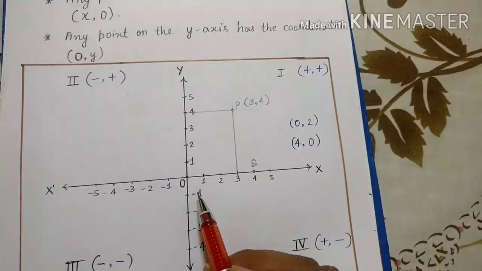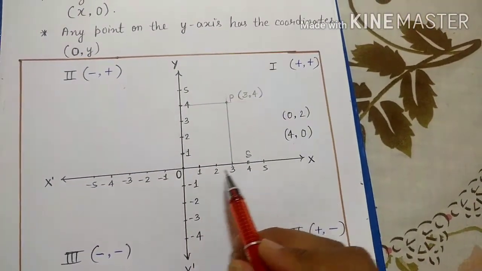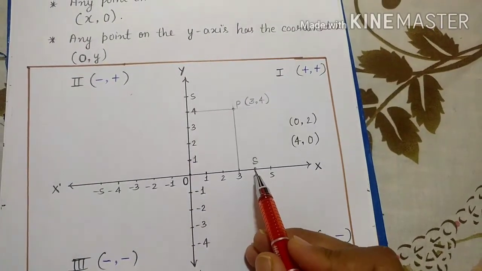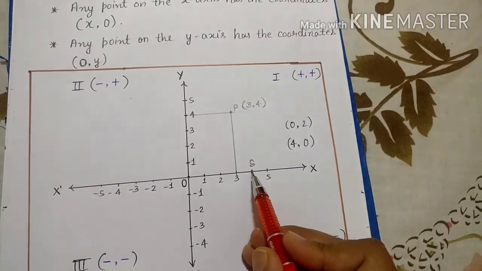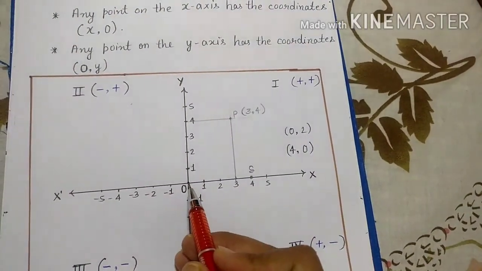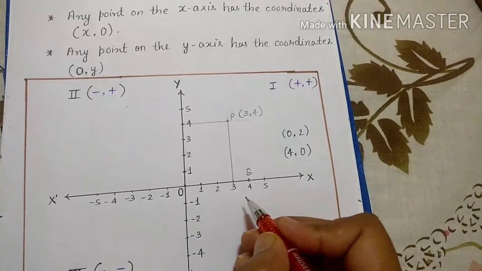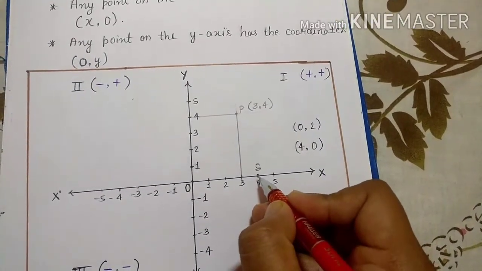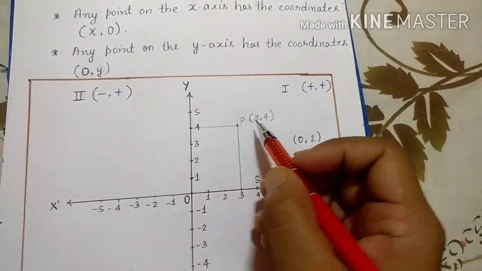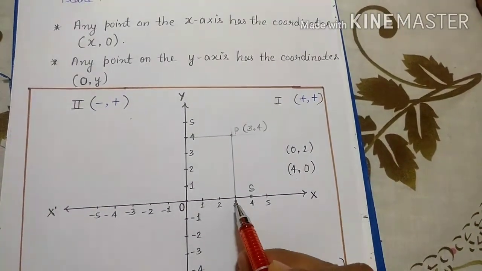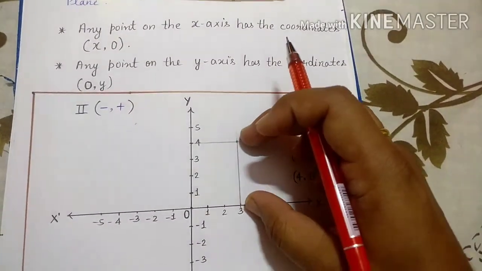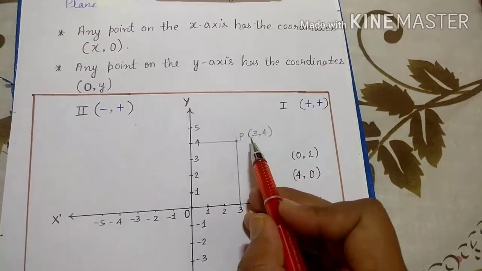Just see here. We are taking a perpendicular line. If we take the perpendicular from the x-axis, it is 4. And if we take the distance from the y-axis, it is 0 only, because this point is on the line that is on 4. In the previous point we saw (3, 4): we took 3 along x, and then 4 upside, so the distance from the x-axis is 4. That's why we wrote (3, 4).